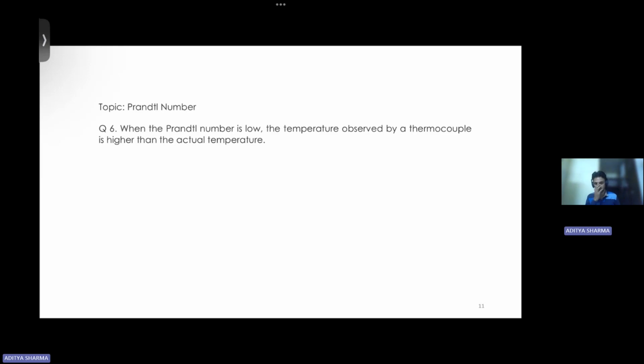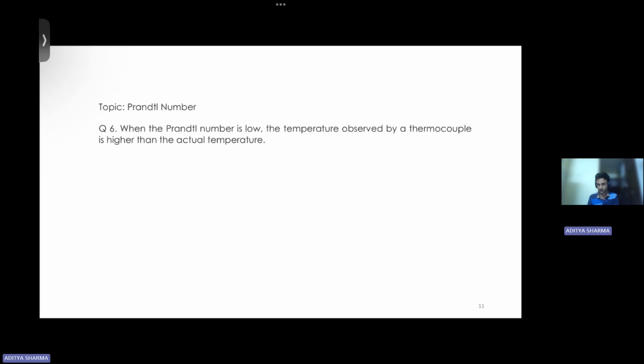Okay, so we will continue with our session. The next question in our hand is based on Prandtl number. I have discussed Prandtl number and the topics. Question number 6: when the Prandtl number is low, the temperature observed by a thermocouple is higher than the